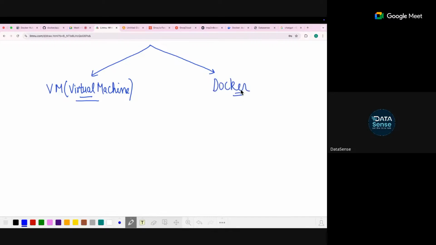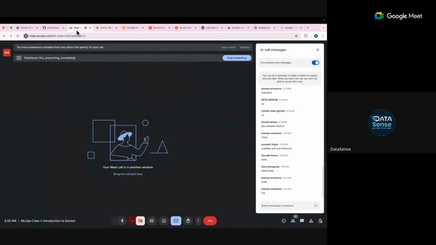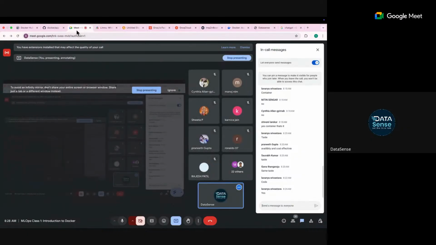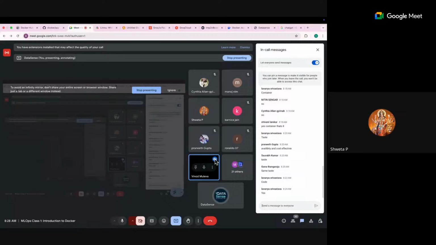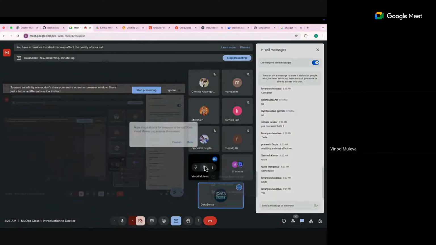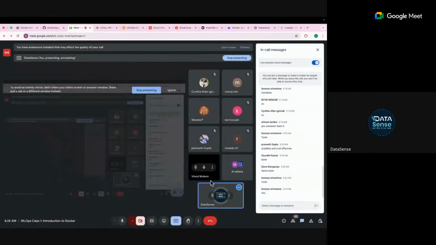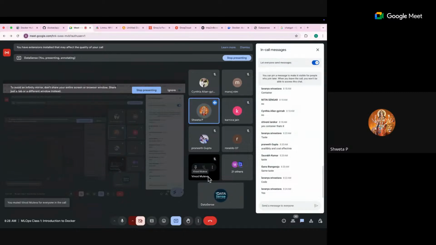So can someone tell me what a virtual machine is? For those who do not know, can someone who knows tell me what a virtual machine is and how it works? Basically, it's a server.